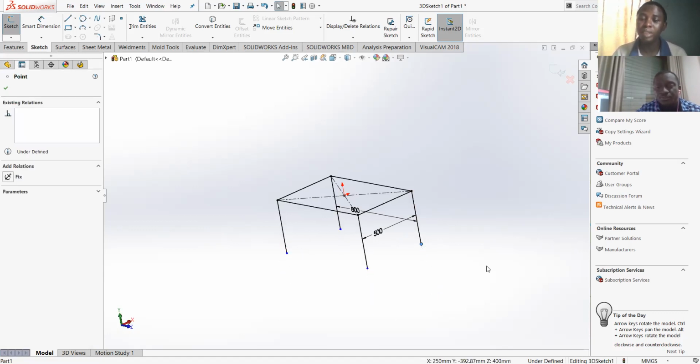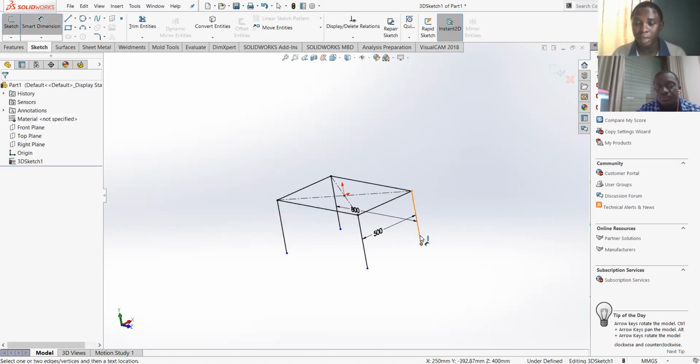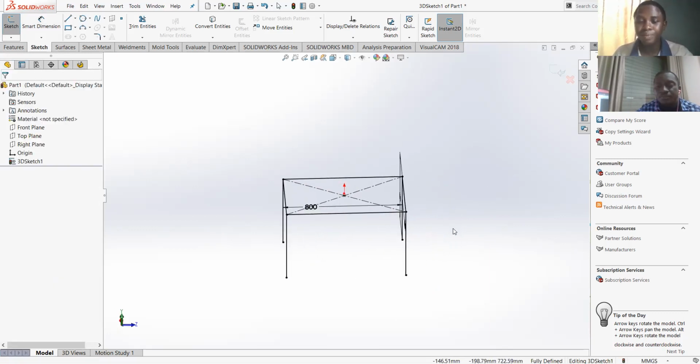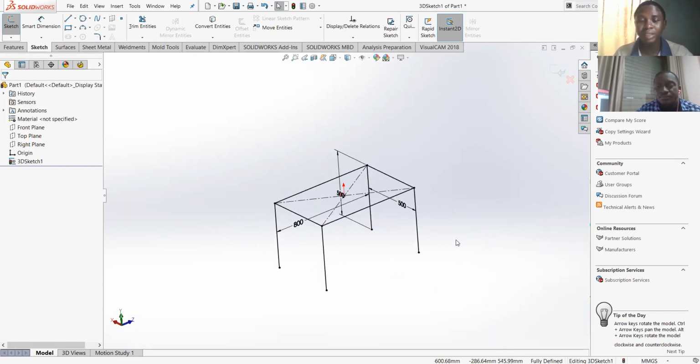Okay, so the next thing is to add the dimensions to this one. Okay, 500. Yes. Dimensions. So it's 500, yeah? Yeah. So that is a complete table in just a single sketch. So you have the front view, you have the right view,